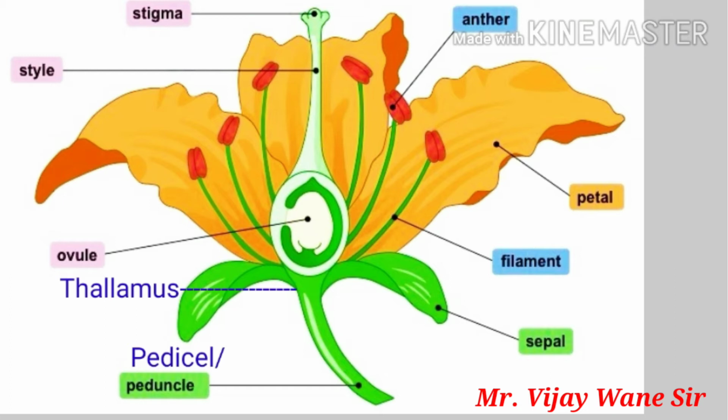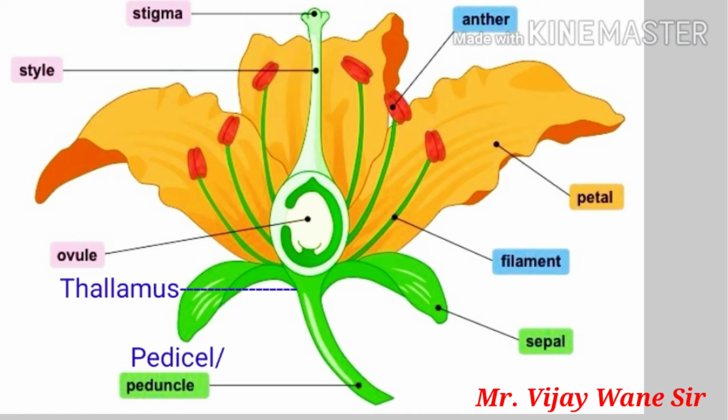Then after sepals you can see a number of colorful planes. So those planes are nothing but the petals. In different flowers these are of different colors. For example, you might have seen the rose, they are of different colors. So that color is of those petals. So it may be red, it may be pink, it may be green, etc. So the color of the flower is mainly due to these petals.